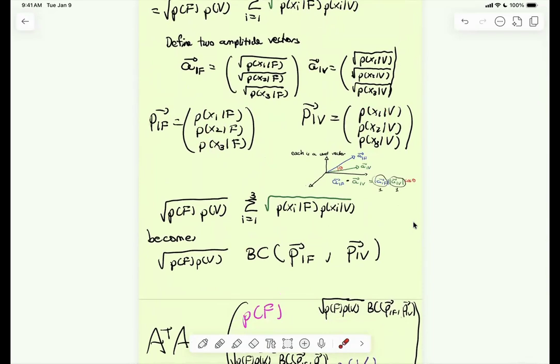For example, if buying a fruit or a vegetable is almost indistinguishable, you would expect them to be very close to one another, because the people don't care whether you're buying a fruit or a vegetable. So these probability vectors should have a great overlap. But if they're almost entirely opposite things, so that when someone is interested in a fruit they would never be interested in a vegetable, then you would expect them to be almost perpendicular to one another. So this is comparing how dissimilar those conditional probabilities are.